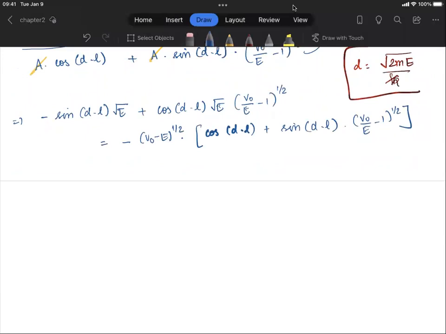Once I have this, I'm going to get the sine terms on one side and the cosine terms on the other side. Okay, that would give us, if I brought the sine term to the left-hand side, it's going to be